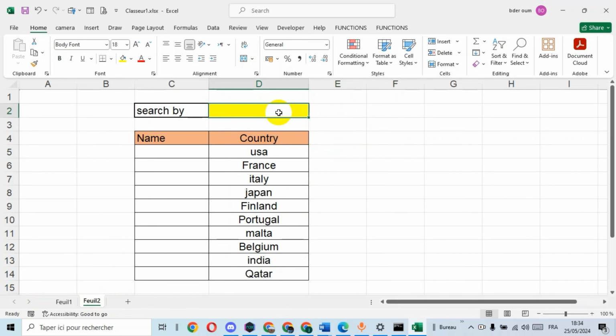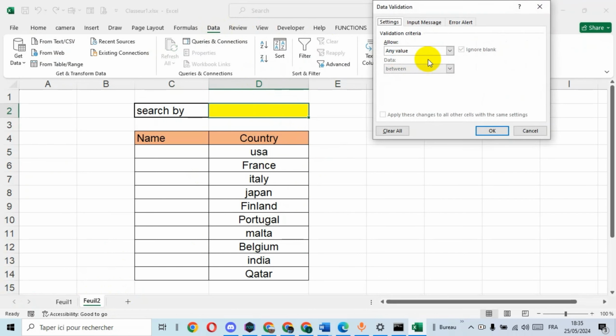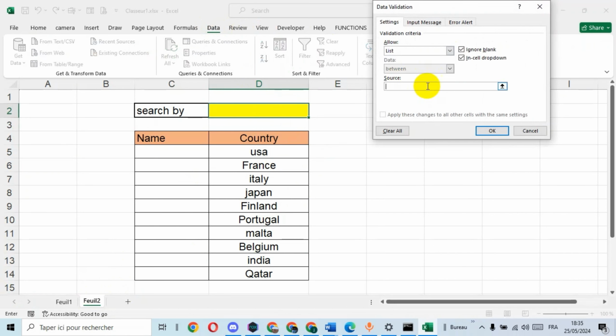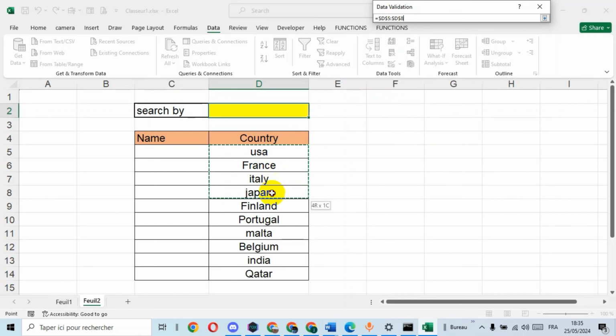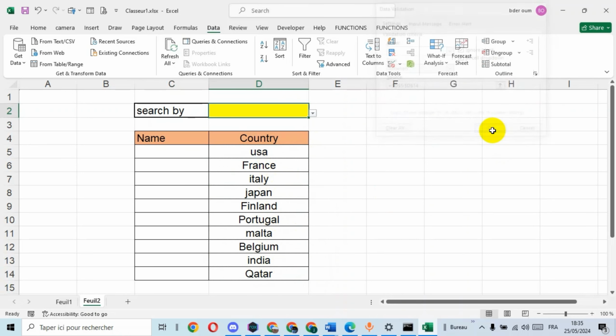Select the cell, then go to data validation, then go to allow and select list and click here, then select all the names. Alright, then OK. Alright,